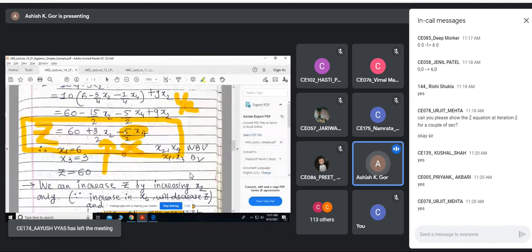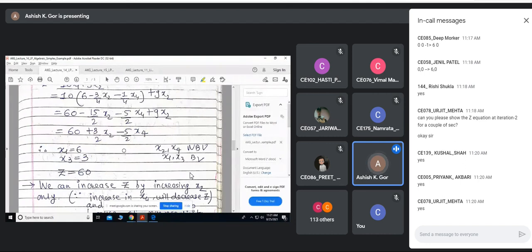X2 is right now 0. Remember, x2, x4 in iteration 2 are non-basic, which means they are set to 0. So out of these two, which of x2 and x4 do I have to select for increasing the objective value of the function? I have to improve this by increasing x2 and not by decreasing x4. Why? Because that would increase only if x4 is negative, and that is not allowed.